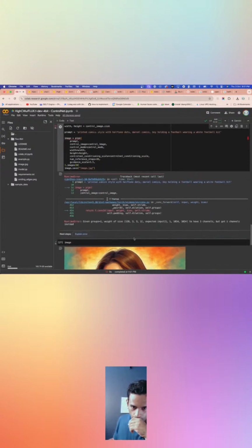Where do we come? Weight of image expected as input to have three channels, but got only one channel instead. What is wrong? What is wrong in this one? Now,